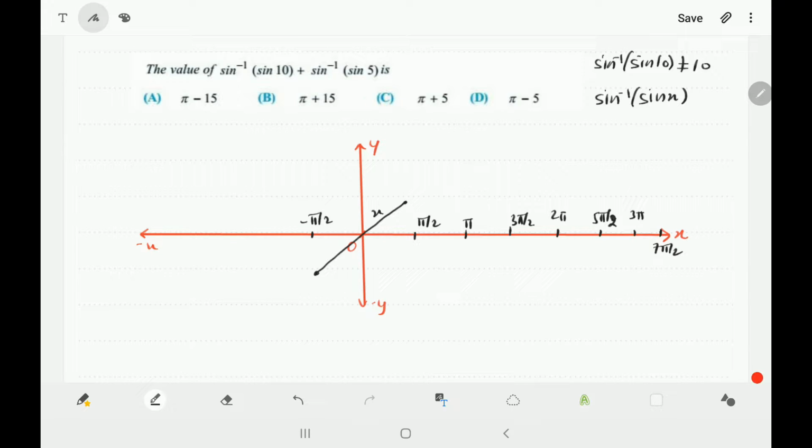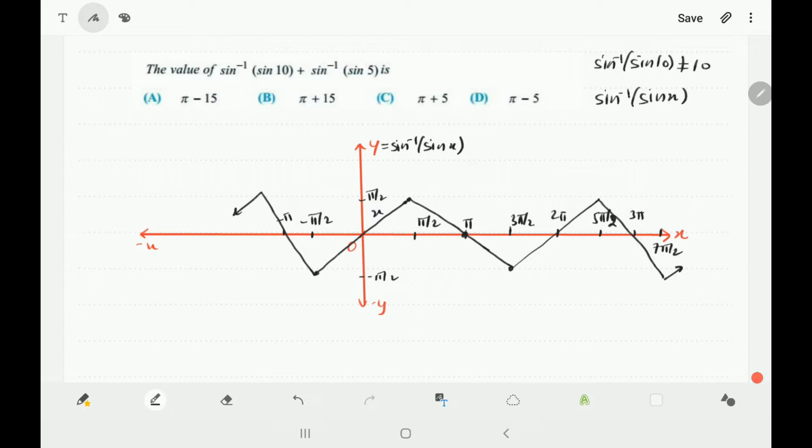We already know that at pi by 2 the value will be pi by 2 only. At minus pi by 2 it will be minus pi by 2, so this will be like this. At pi, for sine inverse sine x, if you put x as pi, sine pi is 0, and sine inverse of 0 is 0. At 3 pi by 2 it will be minus pi by 2. So we will have this kind of triangle, and it is periodic with period 2 pi, so this will repeat. Similarly on this side. Just try to remember these kinds of graphs, because they are quite heavily used in problems.